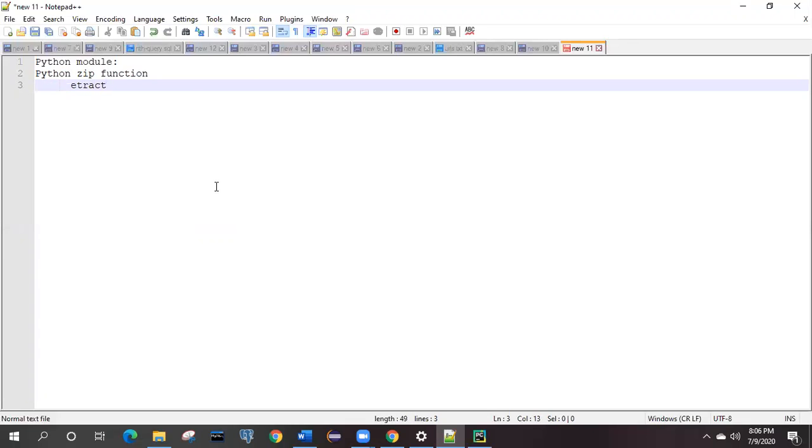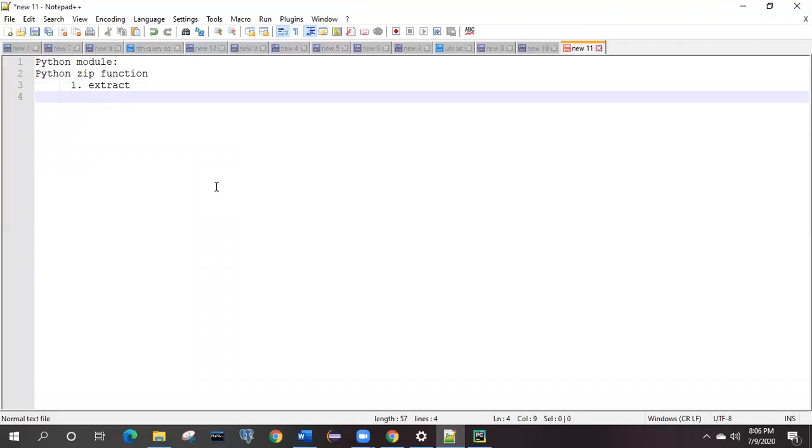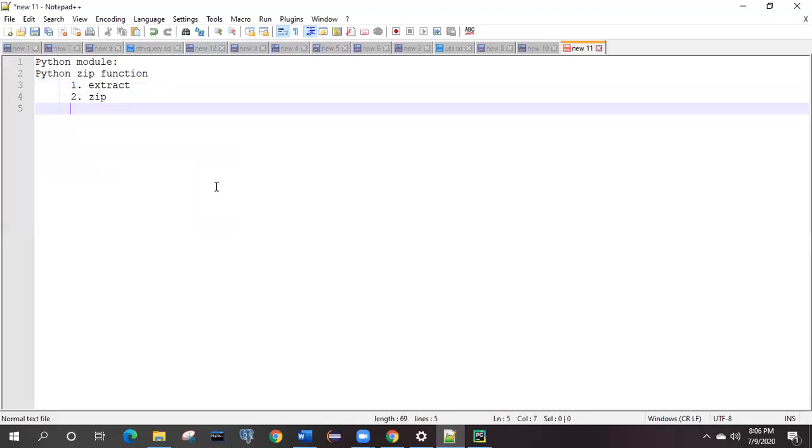If some zip file is already there, we can extract it. This is the function. Then what else can we do? If you have a couple of files, you can make them into a zip. You can also check whether a file is a zip file or not, whether it is a suitable zip option.